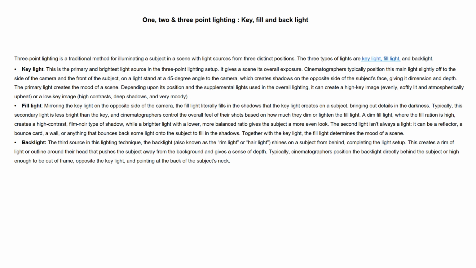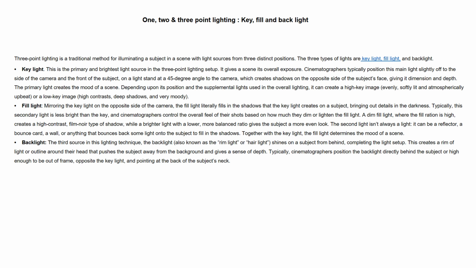Number 1 is key light. This is the primary and the brightest light source in the 3 point lighting setup. It gives a scene its overall exposure. Cinematographers typically position this main light slightly off to the side of the camera and the front of the subject